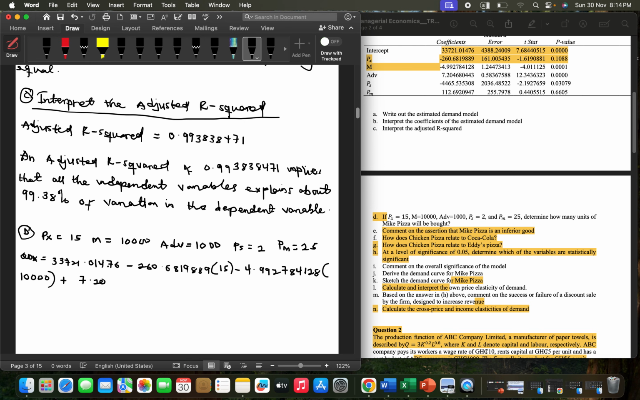It's the same equation I'm bringing here. I'm just substituting the values into the equation. So 7.20468044.3. Now the variable here was advert, and advert was given as 1,000 minus 4465 point